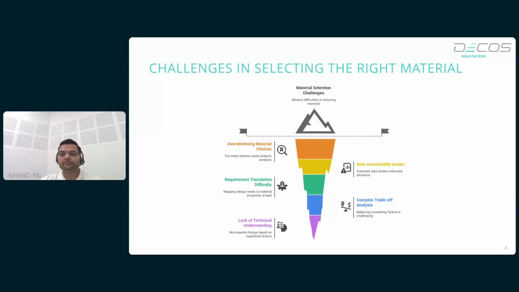and nearly impossible for the average consumer. The next challenge is the lack of technical understanding among non-experts, right? So, the general public often select materials based on brand reputation or appearance rather than performance metrics. Misunderstanding technical terms like modulus, elongation, or corrosion resistance can lead to poor material choices in DIY, prototyping, or product sourcing as well. Even in the final process, lack of knowledge may lead to wrong material selection, or you will not have a complete picture of the materials which are available, particularly for your application. Okay,